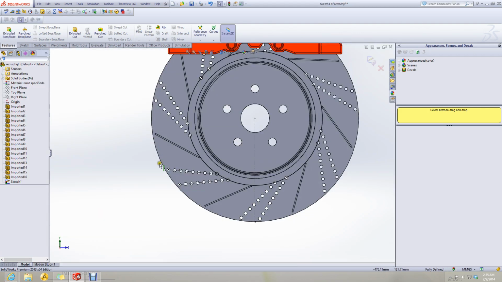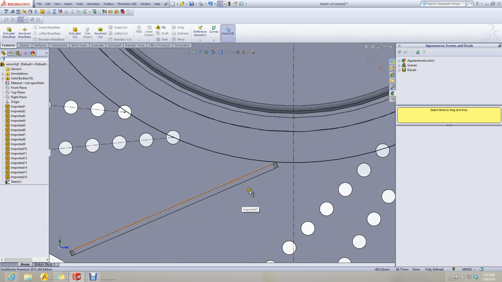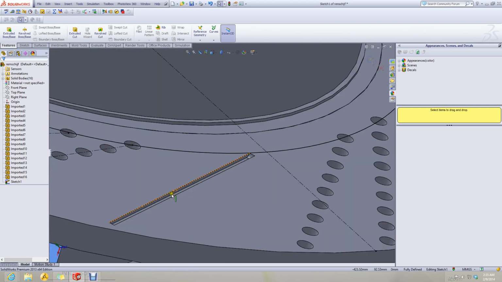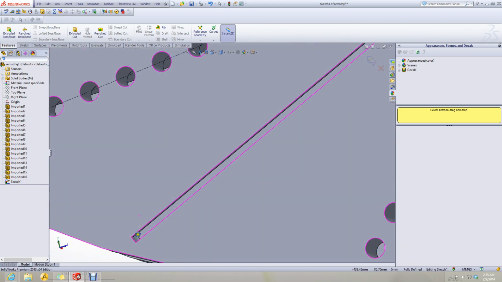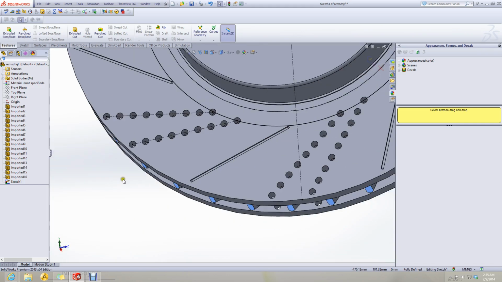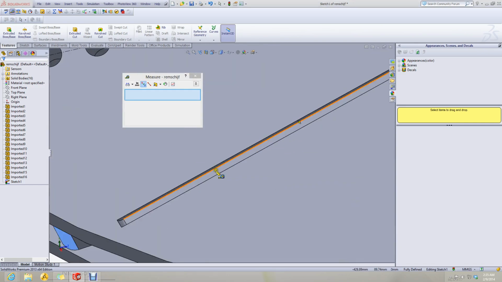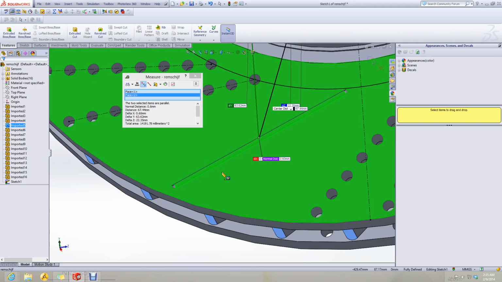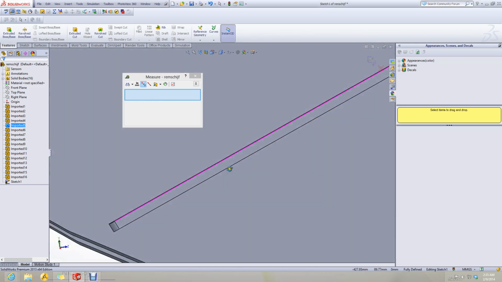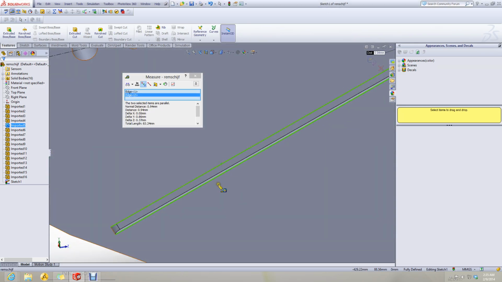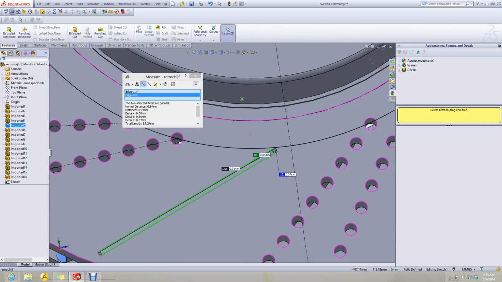Now let's see where this lies. The depth of this cut is 0.6 millimeters. The distance is 0.94.